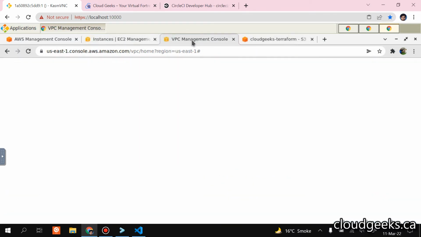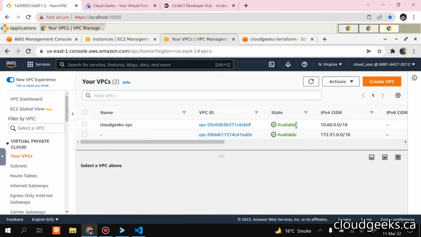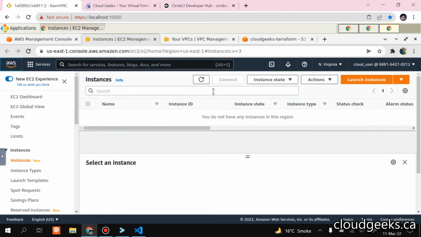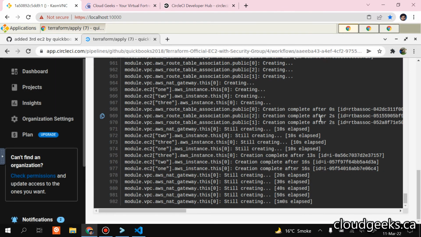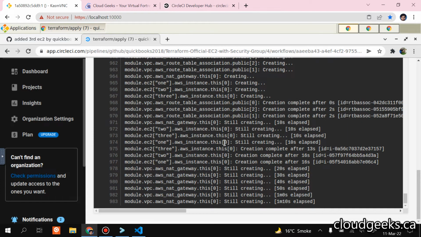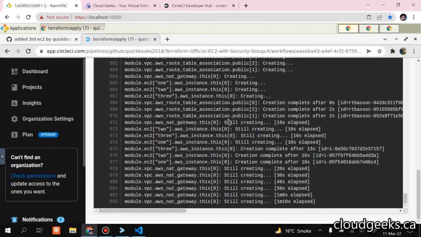So let me first of all navigate to the VPC section. Okay, so you see Cloud Geek VPC with this side range is created, and if I navigate to the EC2 instance, in a short while, you see that three EC2 instances are now started. If I navigate to the pipeline, you see currently it is setting up the NAT gateways. EC2 instances are spun up, 1, 2, 3,